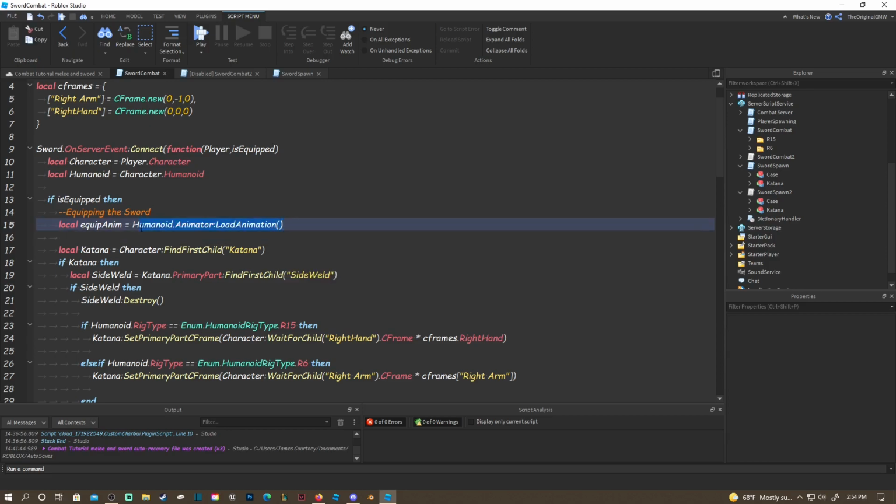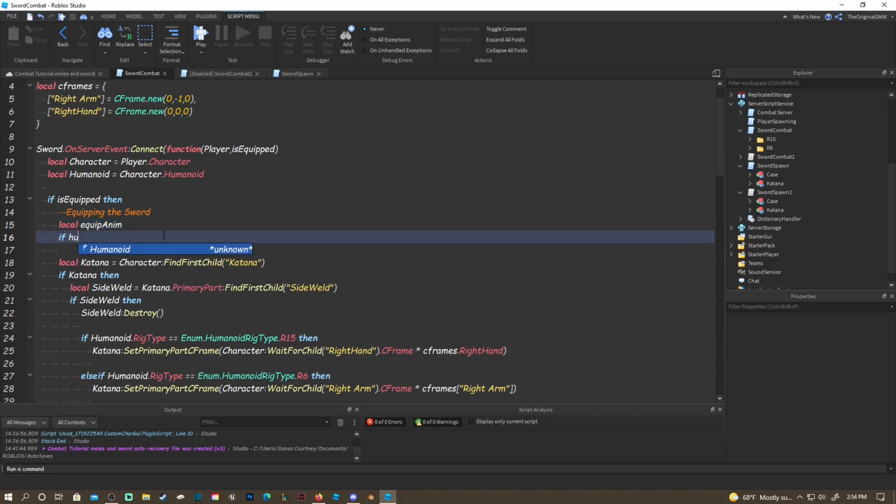And actually no, we're gonna set this variable, right? So this is gonna be an empty variable. Then we're gonna do if humanoid dot rig type is equal to enum dot humanoid rig type dot R15, then